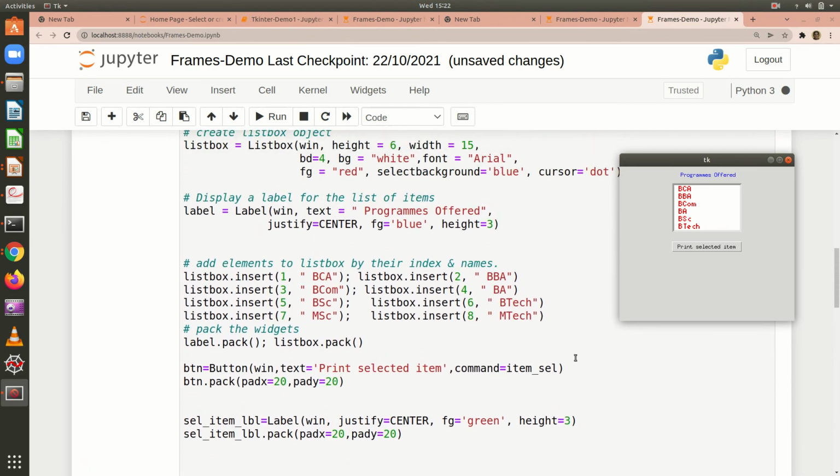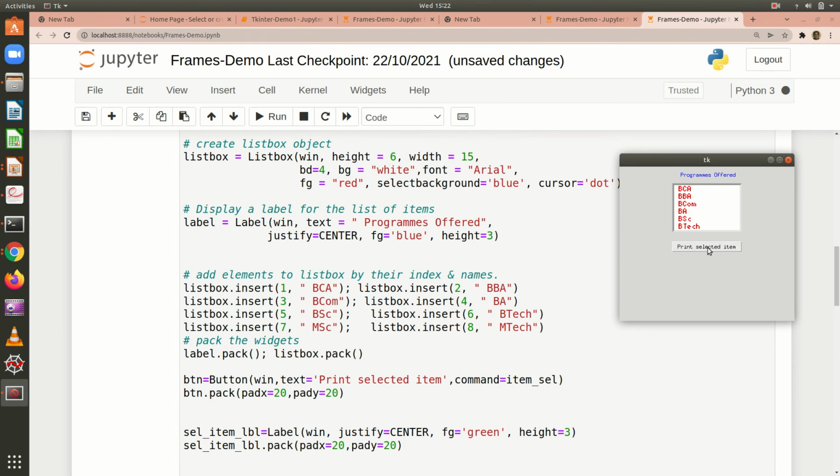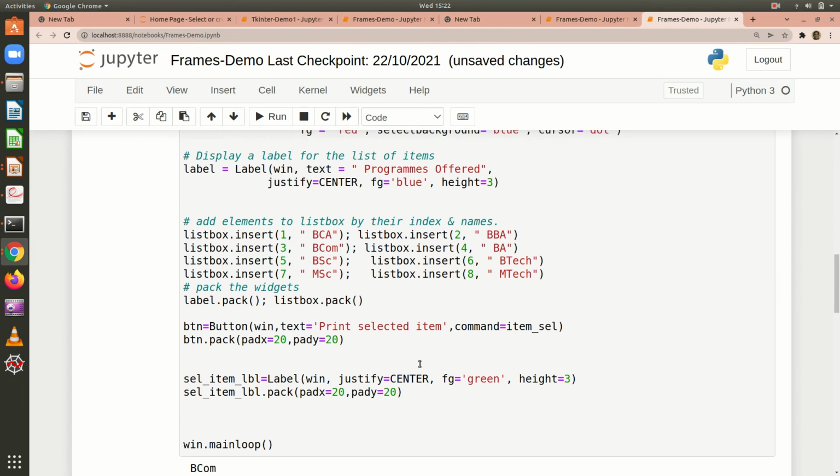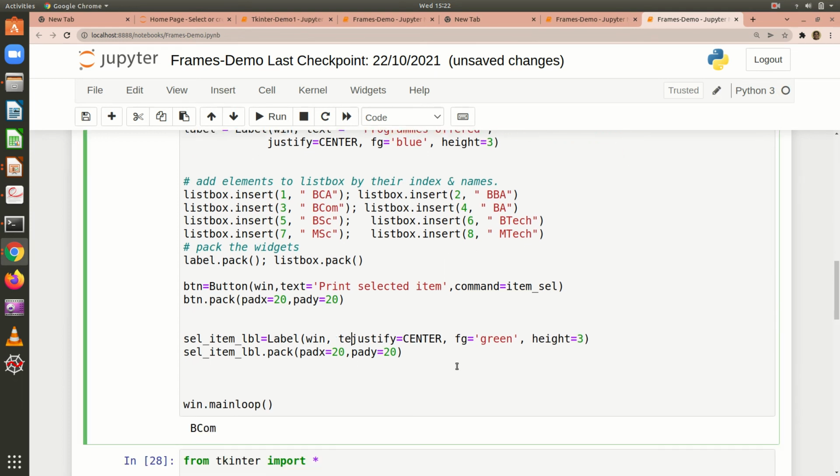Okay, but when I click print selected item, after selecting, it says this is the option, right? And if you want, I'll just show you the text is equal to selection.